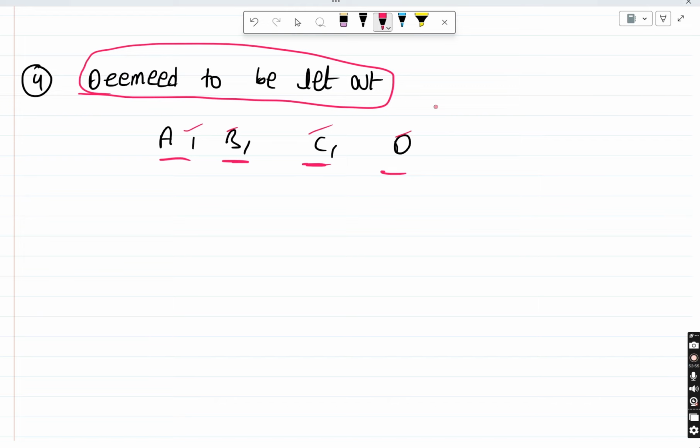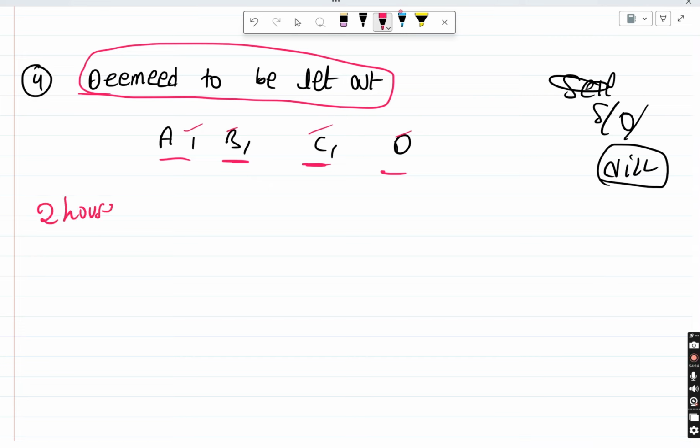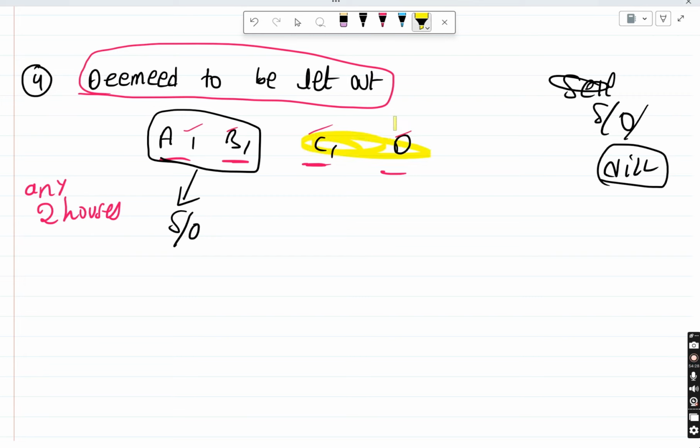Then I will tell the income tax department, everybody is my family only, so everybody is self occupied, so don't tax anybody. So that's why the government says fine, if it is a self occupied property, you can take it as a nil value, or if it is an unoccupied property also, you can take it as a nil benefit, but you can take it only for two houses, any two houses. For example, I will take A and B as self occupied, I can choose, right, self occupied or unoccupied. But remaining C and D, you cannot say that my family is staying, so don't tax it.